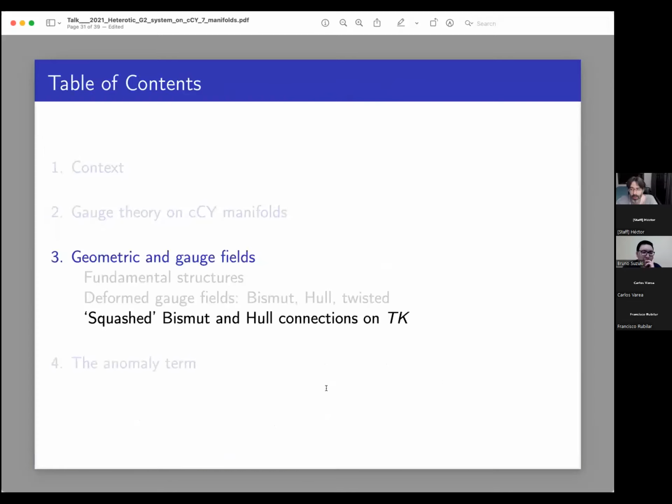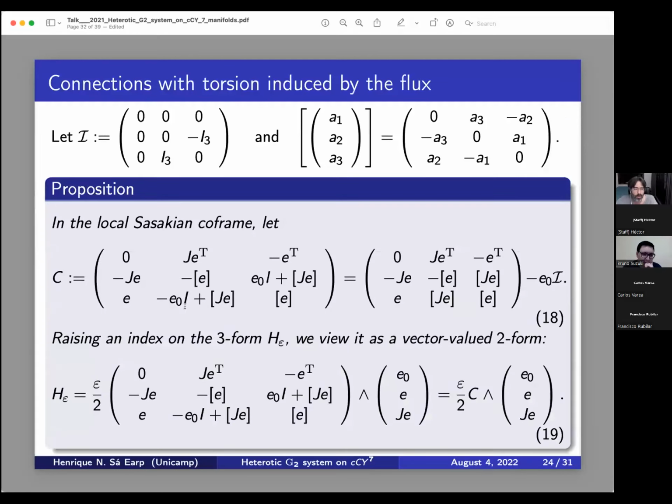We have a lot more freedom though. There are more degrees of freedom naturally sitting there, and we're going to need all of the degrees of freedom to produce solutions. So if I call now curly I the central element I mentioned to you, this comes from SU3 sitting inside SO7 in this situation. And we denote by this bracket operation the vector cross product matrix